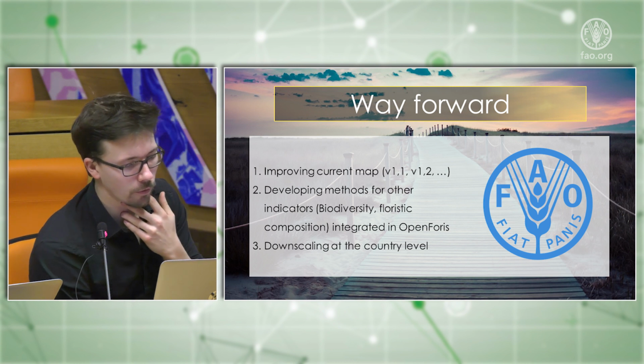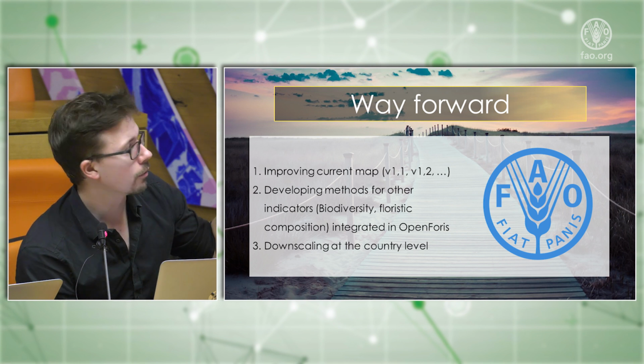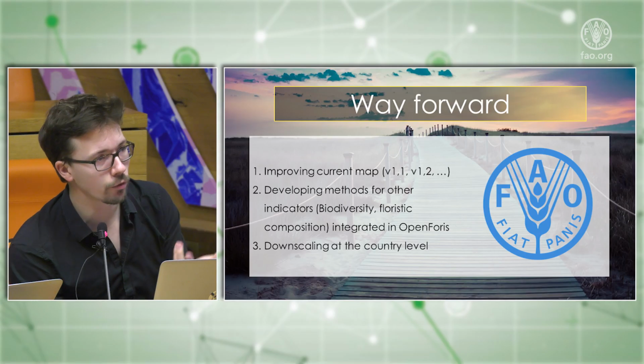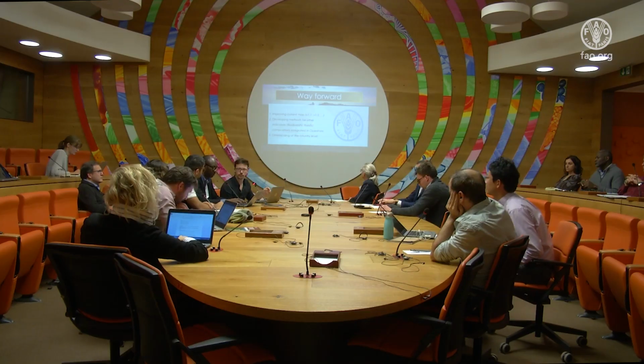And then also, of course, it will be very important to try to downscale at the country level. The resolution that we have originally is about 1 kilometer square, so it will be important to find solutions to have a more precise final map that we can probably develop at the country scale if we get access to some country level information. So thank you. I think that's good for me.